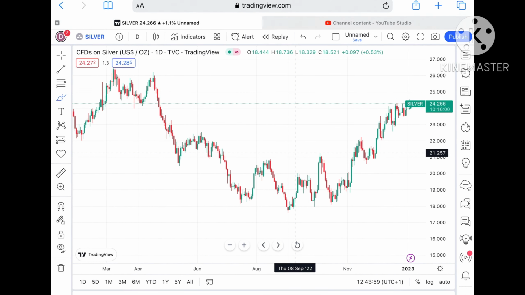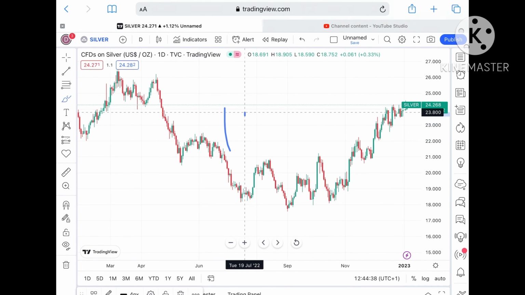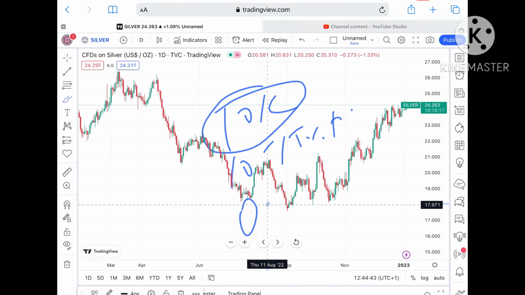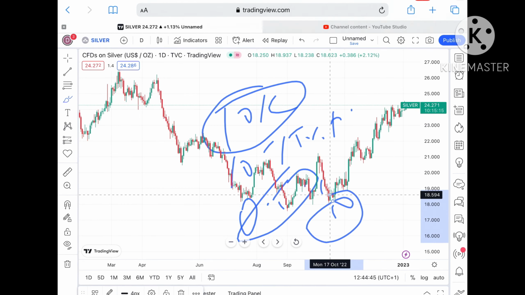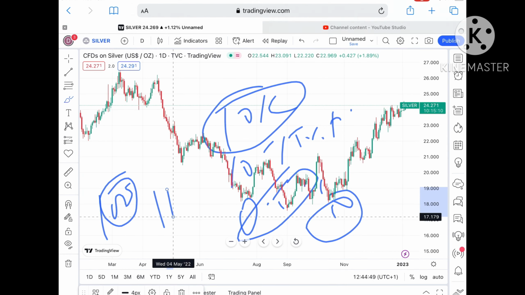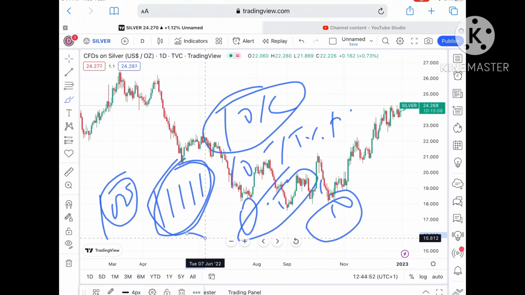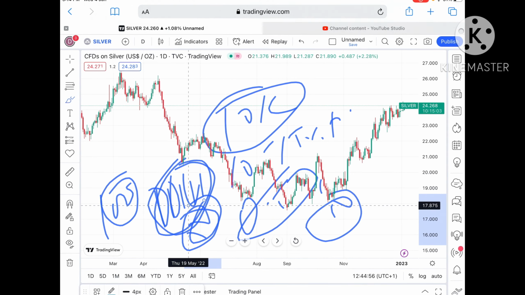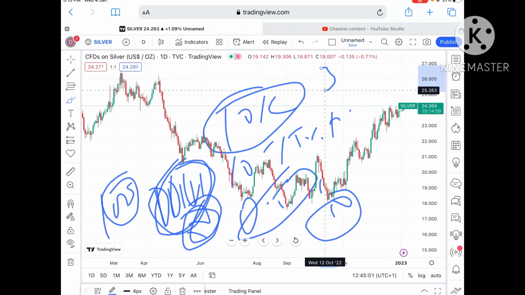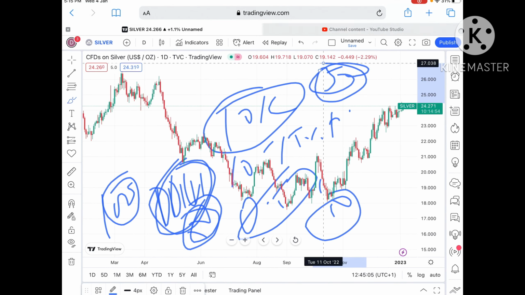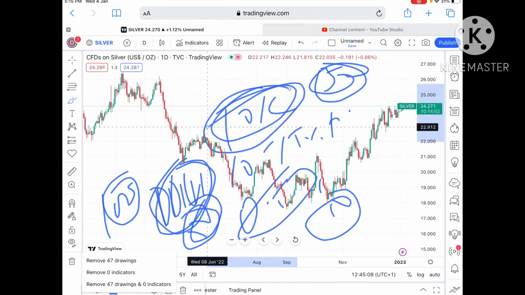Now understand something. Suppose you are trading with $10,000, try to trade with 10 to 15% of capital per trade. Take a risk of 0.5 to 1%, that is $50 to $100. Suppose you took a risk of 100 per trade, so if you took 5 trades also, your maximum risk is $500. So if you lose all 5 trades, your maximum loss is $500, and this will not affect your psychology. What people do is they lose so much money, suppose 5,000 or 3,000, and then they try to recover it, and in that process they lose their full capital. This is what they do.